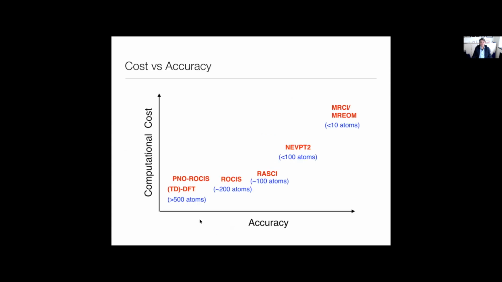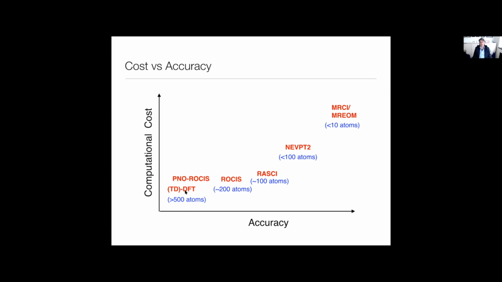So in terms of cost versus accuracy, the lowest cost definitely is DFT, and you can apply it to systems with maybe about 500 atoms. And of course, you can also apply it to extended systems like solids and surfaces, and I believe that Anneke will tell you later today how to apply ORCA in the framework of solids and surfaces and extended systems. But DFT is definitely the highest efficiency tool here.